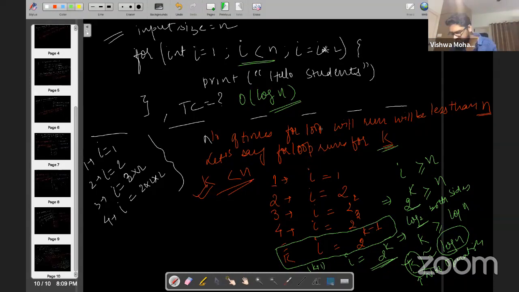How to calculate the space complexity? Yes, so I think this topic was supposed to be done. Since we are running out of time, I have skipped this. So this is the first thing that I'll be taking up in the next session. We'll talk about space complexity, but the idea of space complexity is the same as time complexity. And if I compare space complexity and time complexity, space complexity is given less importance because no one is caring about space these days, right? Space is the cheapest thing to have in today's scenario, right?